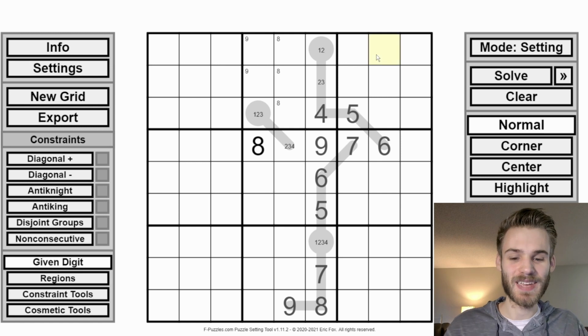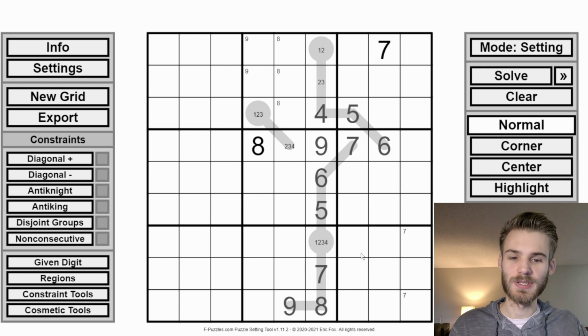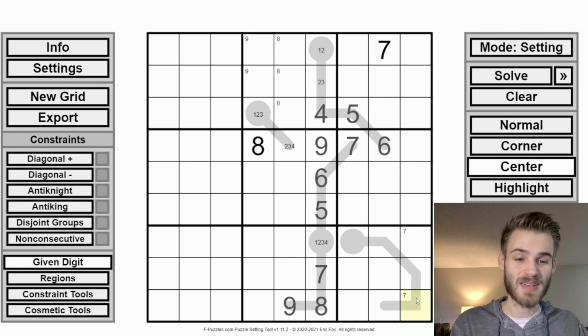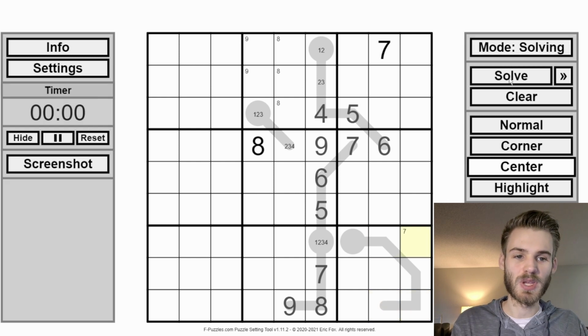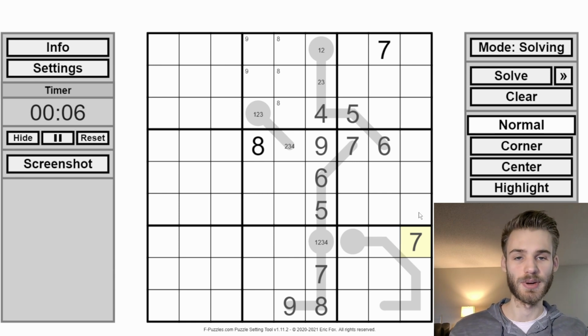So if I put a 7 right here, then 7 in this box is pretty restricted. It's going to be restricted to just 2 cells here. And then if I add a thermo, which is 5 cells, and sees this 7, but also sees the 8, 9 on its tip, then we can't have the 7 in the middle of the thermo with the tip not being able to be 8 or 9. So that can't be a 7, so we can get a 7. But that's not the only deducible digit from this thermo and given digit,